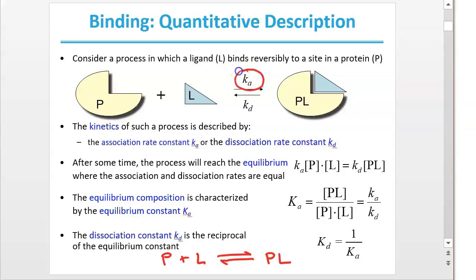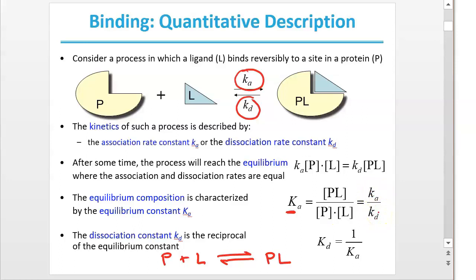There's a rate constant in the forward direction of an association, little a for association, and in the reverse direction, a rate constant for dissociation, a little d for dissociation. You can write an equilibrium constant expression for the association, so that's a capital K, much like you would have done in general chemistry, the concentration of the products divided by the product of the concentrations of both the reactants. And that's also equal to, as we talked about in class, the forward rate of the reaction divided by the reverse rate of the reaction.